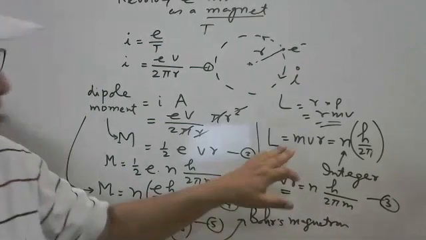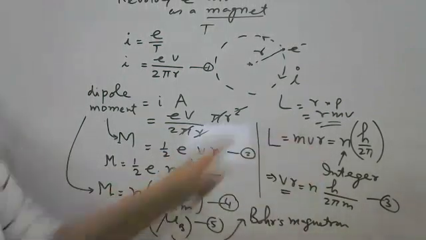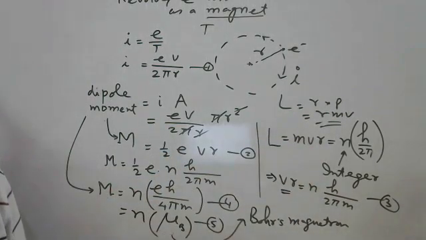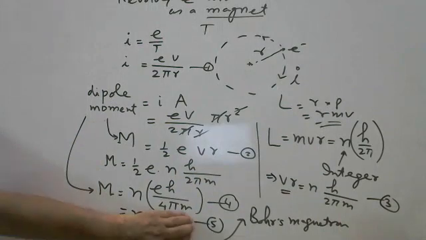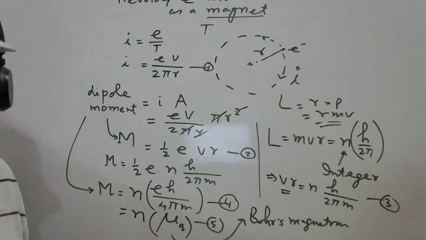I'm not taking this as a fundamental law only. We are utilizing this in physics simply, and finally we are getting the dipole moment expression. This quantity inside the bracket is a constant. As per the suggestion given by Bohr, it is called the Bohr magneton, and n is a variable quantity that depends on the number of the orbit: 1, 2, 3, 4, 5.